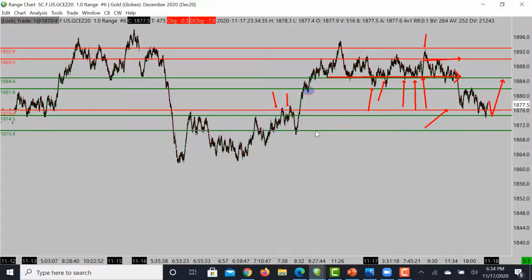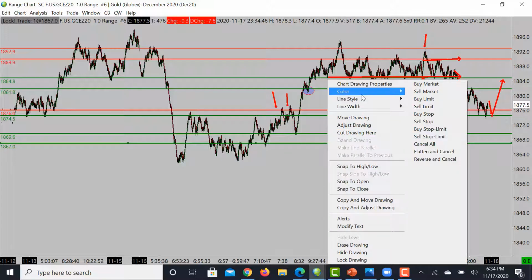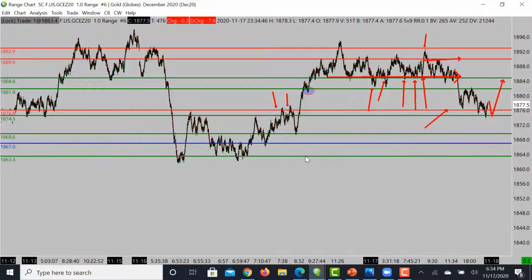But underneath that, you'll see there is another level of support sitting right around these 69.6s, right? And then this is more of a key one for me, 67. So I'm actually going to highlight that. That's going to be more of a key level for me to be eyeballing, and then underneath that, those 63.3s. All right, so we may have some opportunity to see those levels be touched, but let's take a look